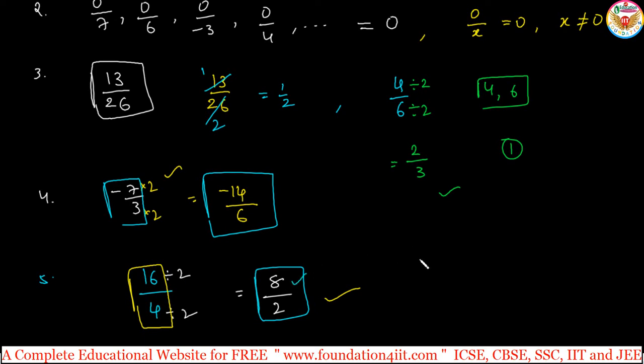In this example, 8 divided by 2 is not the standard form of a rational number, because 8 and 2 have the common factor 2. You can cancel: 2 ones are 2, 2 fours are 8. So 4 divided by 1 is nothing but 4. So this is also a rational number, right? We need to make it into standard form, which means writing it without any common factor. Now let us see the properties of addition of rational numbers, then we'll go for multiplication and division also.